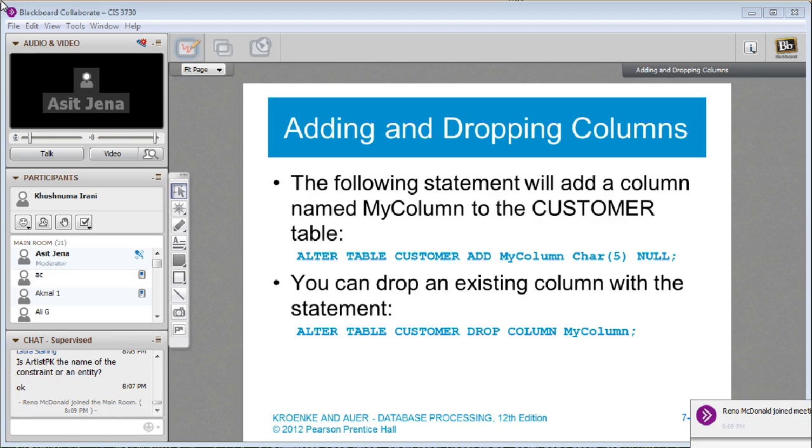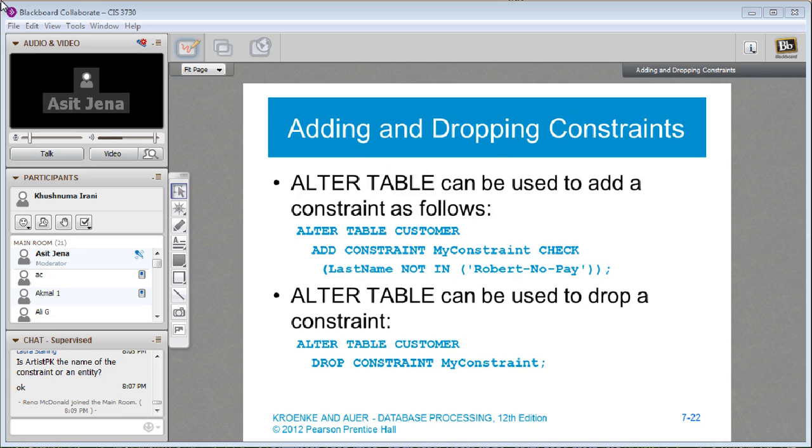But you can do the same through your C# or VB.NET or whatever programming language you are using. But you cannot do that for changing or altering tables. The only way to do that is through the alter statement.